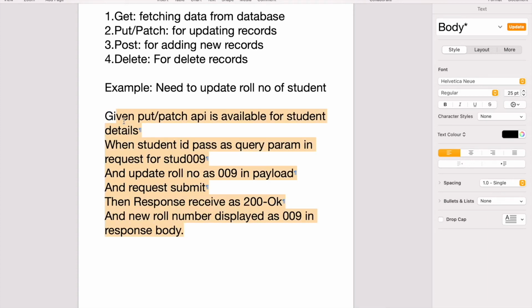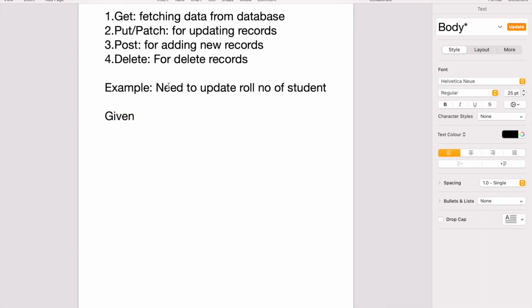Now let's see another example. As a part of the post method, we are going to add a record. So for this, add student details in DB. Okay, now we want to add the student details in our database. So how can we write the test case for that? For that we can write: given post API is available for student details